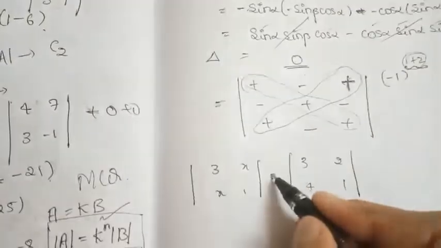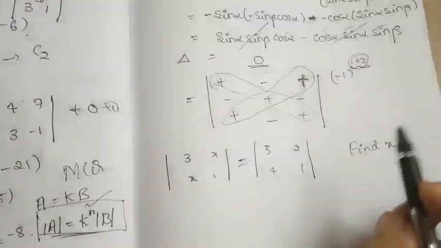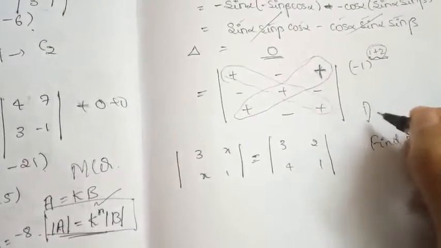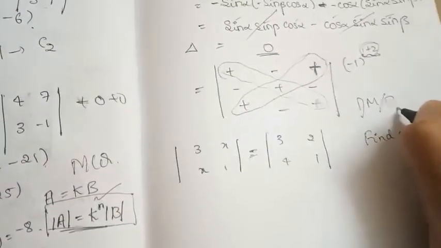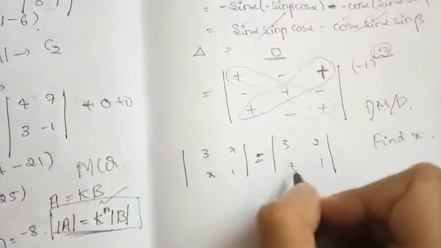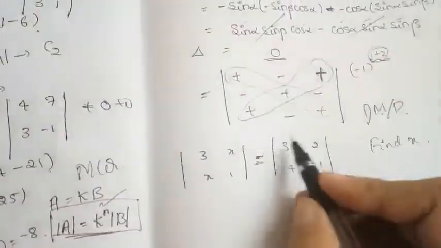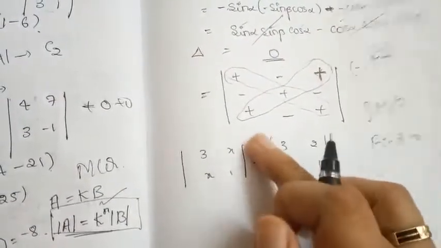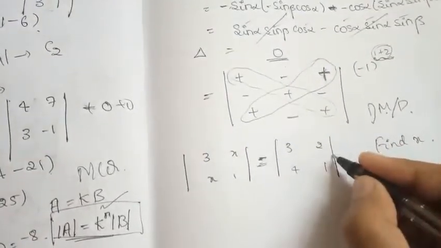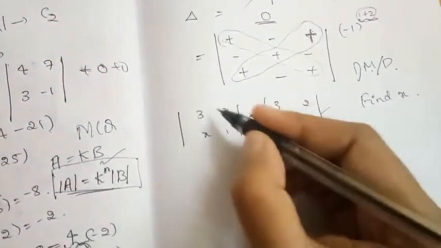Now they have given this and asked you to find x. Suppose in the examination this type of question arises, the first thing you have to observe is whether it is a matrix or a determinant. Suppose it is a matrix, by looking at the equality you just compare the corresponding elements and write the value of x. Suppose it is a determinant, then you are not comparing the corresponding elements. You are solving the determinant value, because a determinant gives some real number or a complex number.